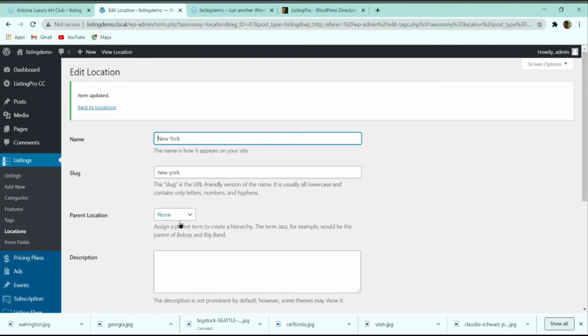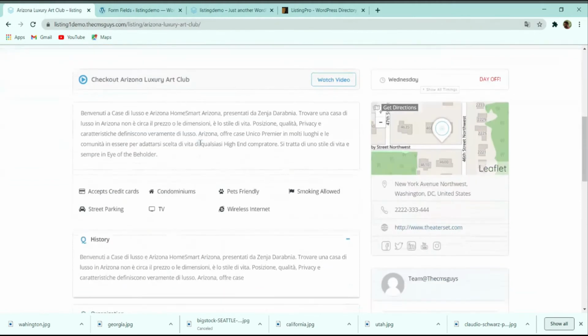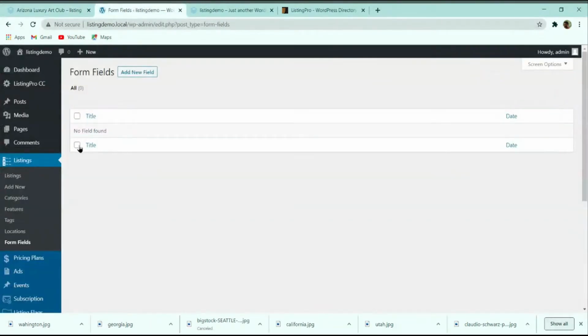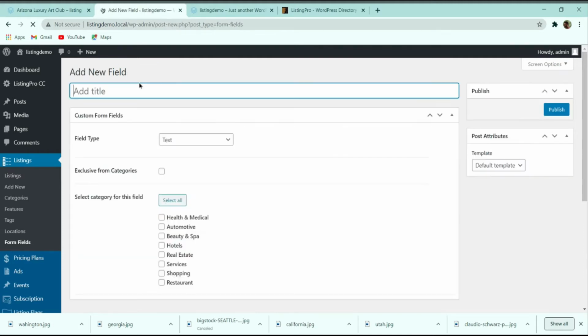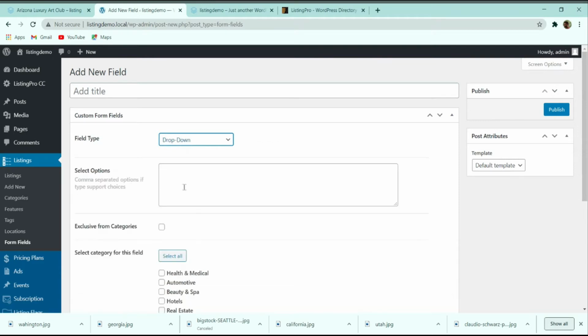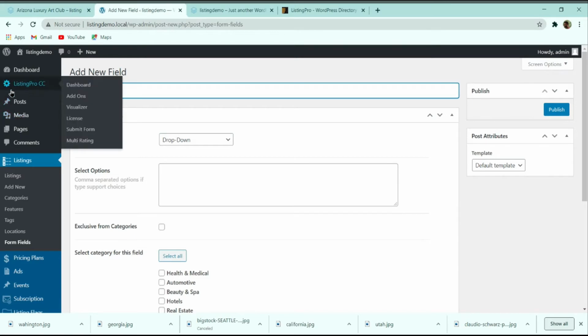After that, go to the form fields. Here you can see that there is nothing in form fields. To add a form field, suppose you want to add a drop down. First of all, in the title you have to give a question to the one who is filling up the listing form.